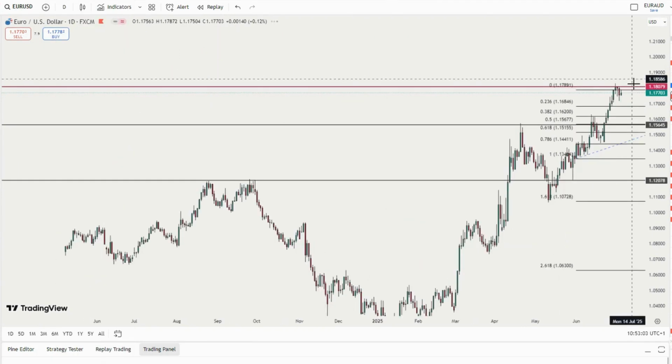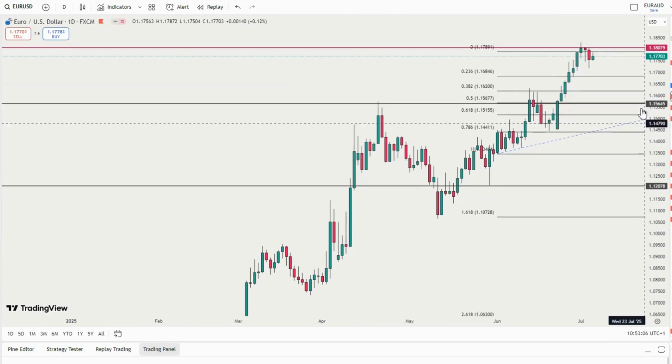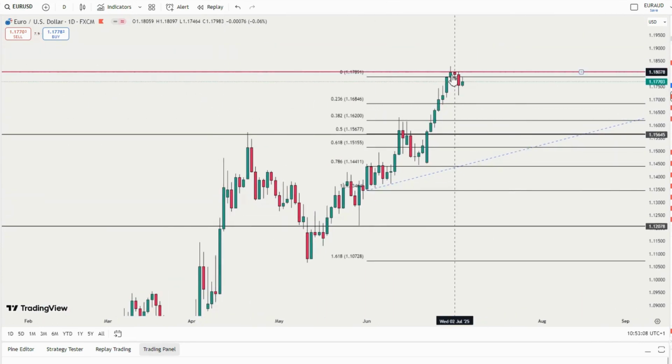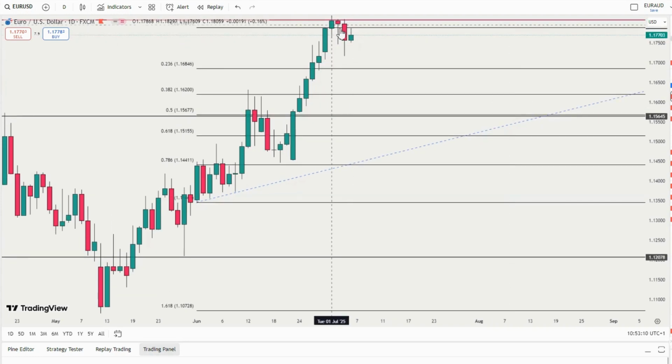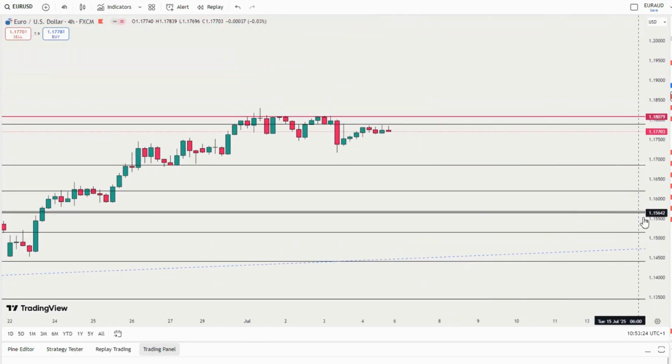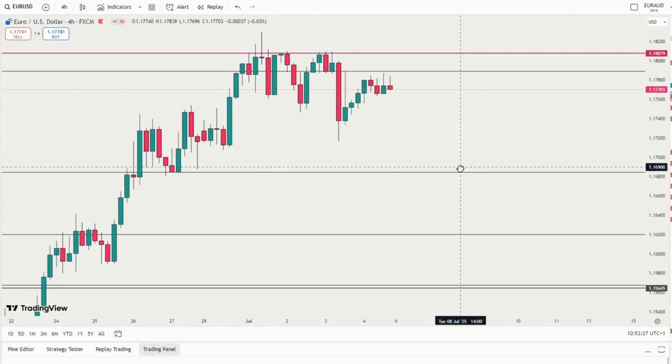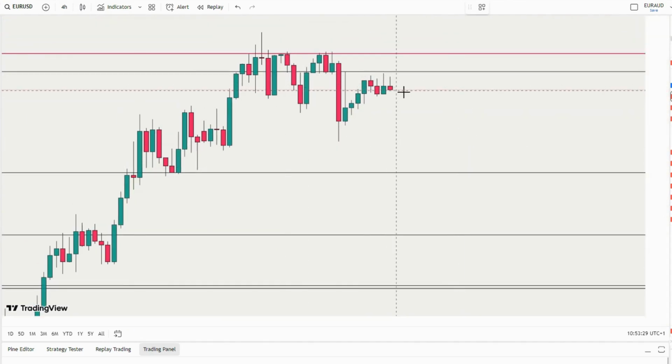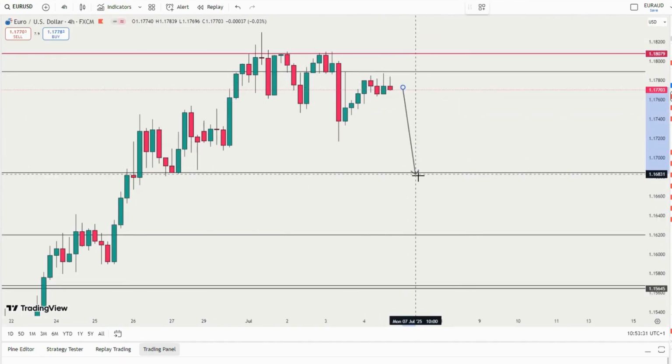With the daily time frame, I still believe that we can have price retrace back to this particular area. Understand? So that's what I'm looking at: a sell setup on EUR/USD next week, as you can see, probably starting from Monday. A sell setup back to this area at least. That's what I'm looking at.